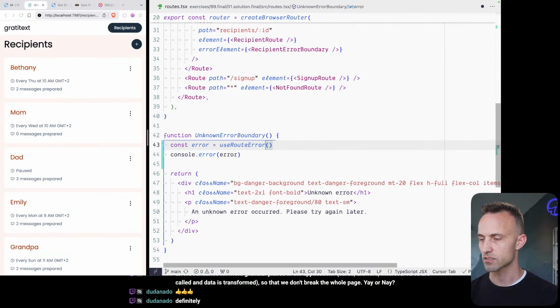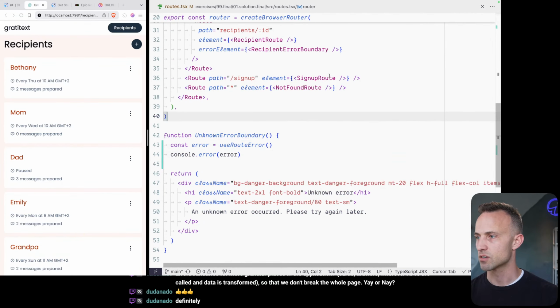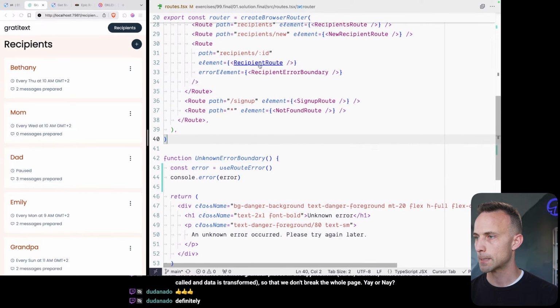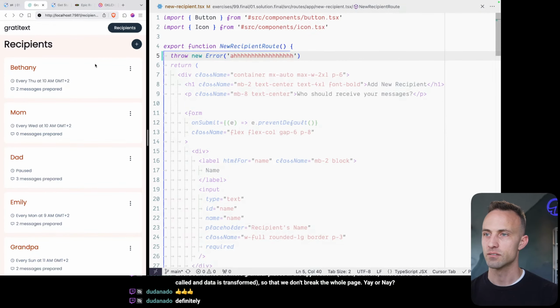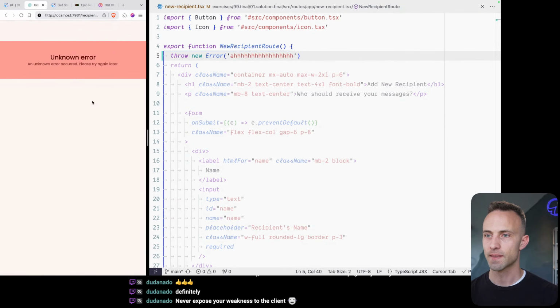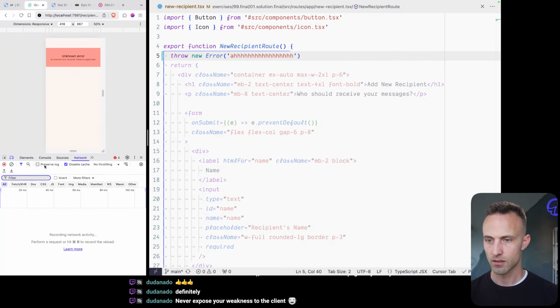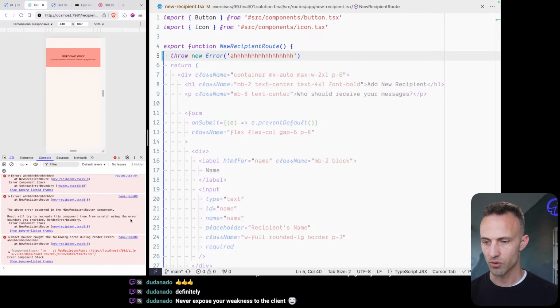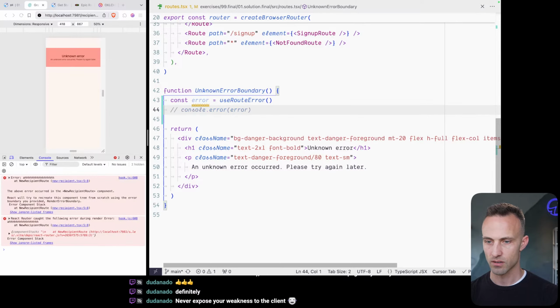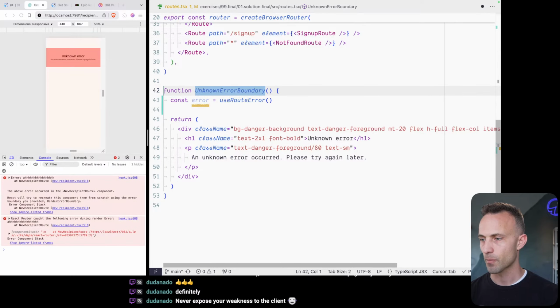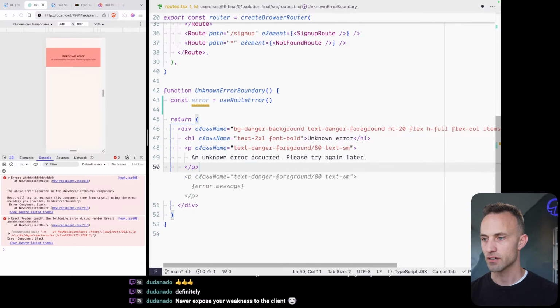That's correct. Okay. So here, if I go to new recipient, throw, go here, console. Yeah, I'm pretty sure we already get that logged to the console. So maybe, yeah. Let's add